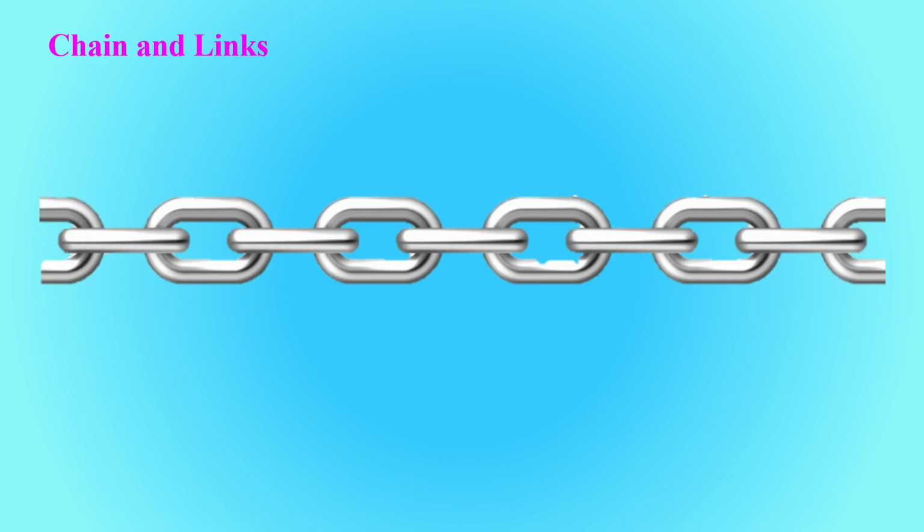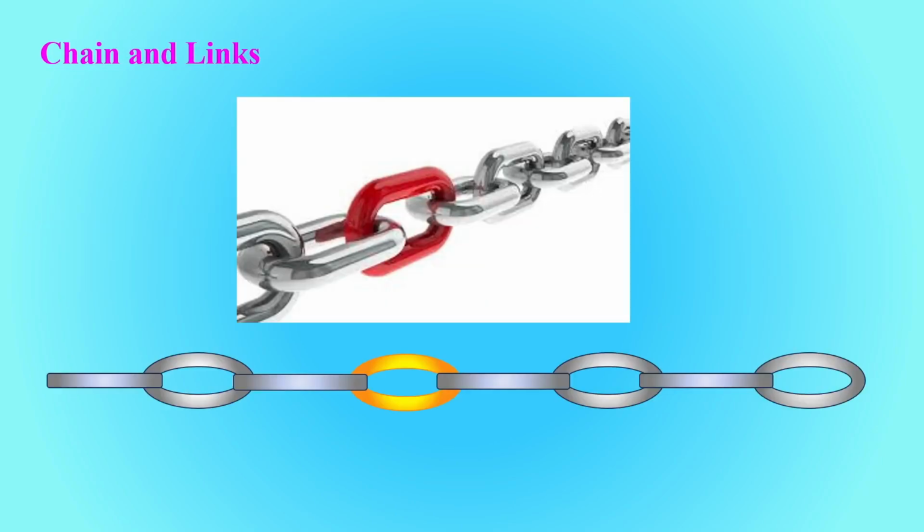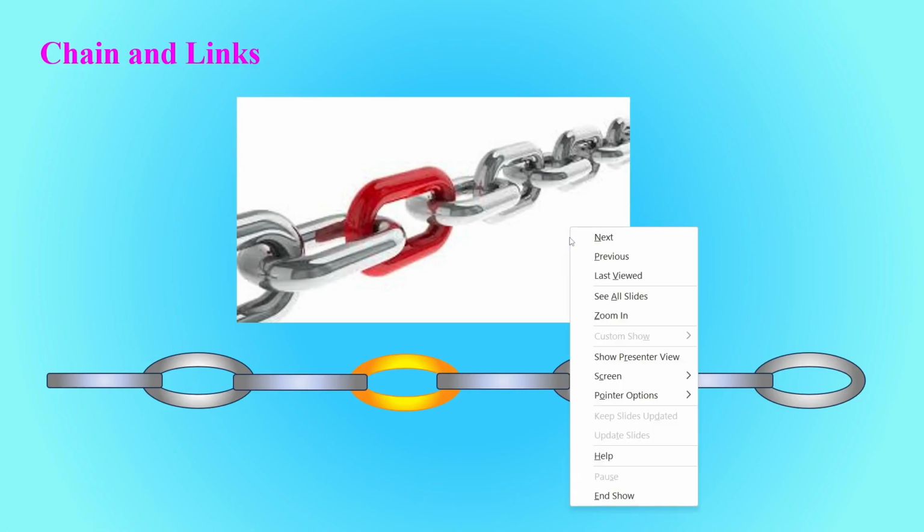The chain analogy is very popular in discussing the capacity design concept. In the chain you have several links, and suppose the links are under tension. Now some links may be brittle, some links may be ductile, and in what way they should fail so that my system will fail in a ductile way. So in this slide we have